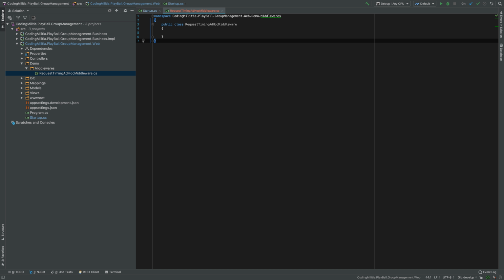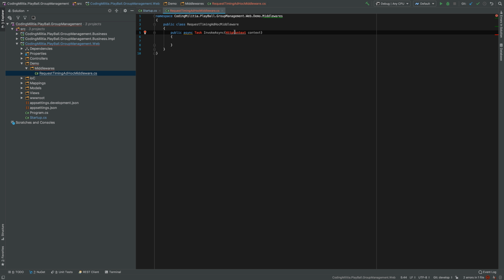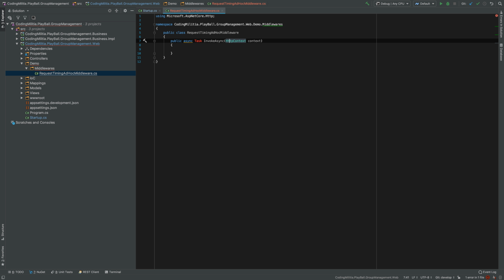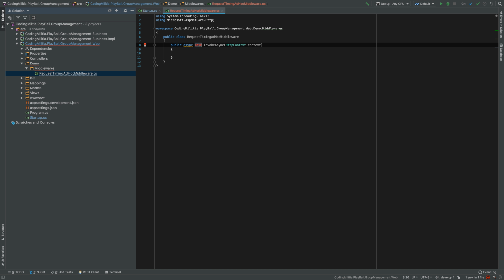So, okay, so this is by convention. If we implement this method and then configure the middleware, this will be invoked. So we can do something like,